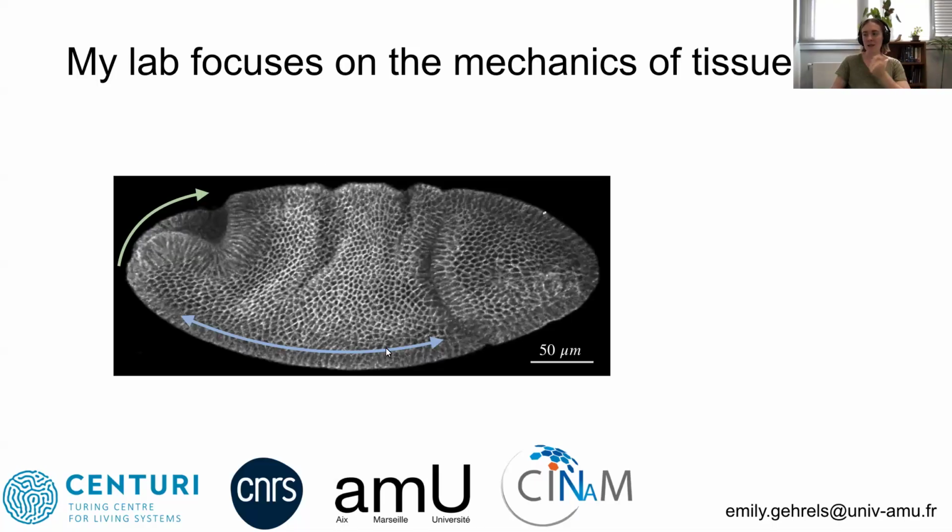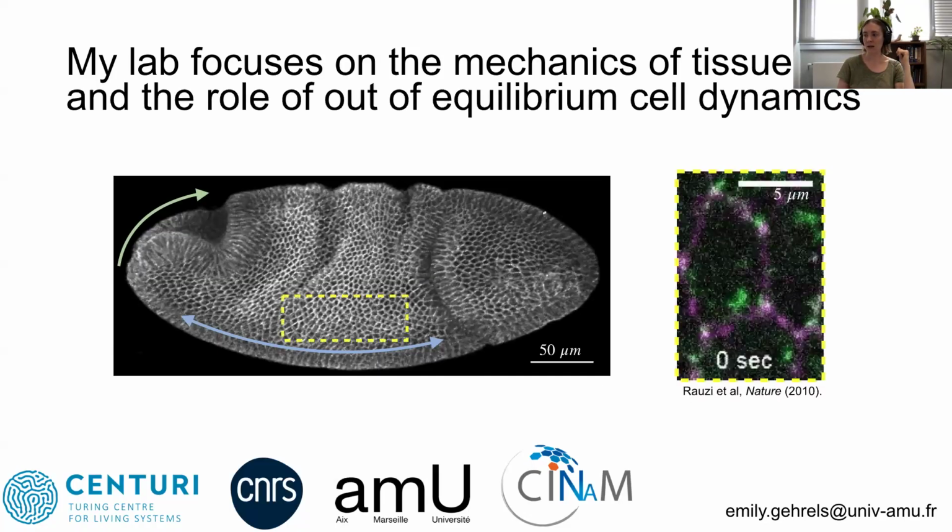But we know that the embryo is actually composed of cells. The cells are highly adherent one to the other. It's an epithelial layer, so you can't break cell-cell contacts. So thinking about how the embryo is actually able to have these tissues that flow like a viscous fluid instead of stretching like an elastic solid is what I'm focusing on now, and specifically really looking at the cell scale